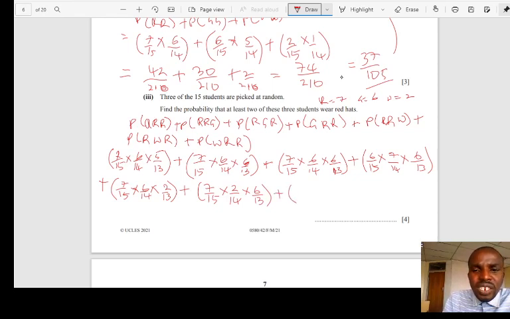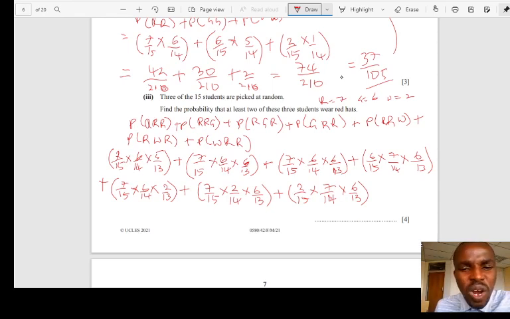White, red is 2 over 15 times red, 7 over 14 now, times 6 over 13. Like this. Right, the space, as you can see, it's a small space. So what you can just do, you can punch everything in your calculator. So it's 7 over 15 times 6 over 14 times